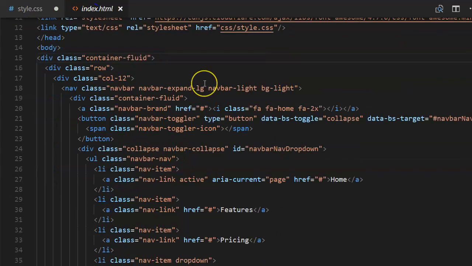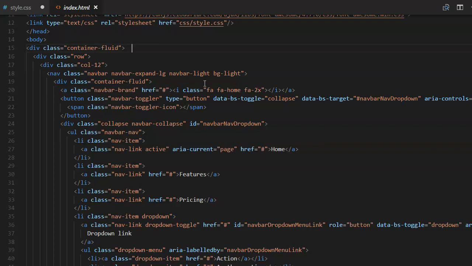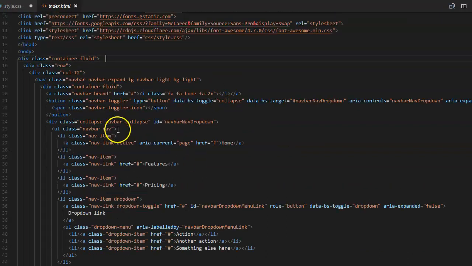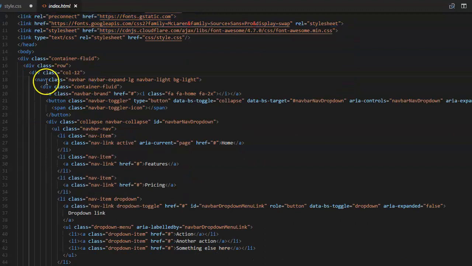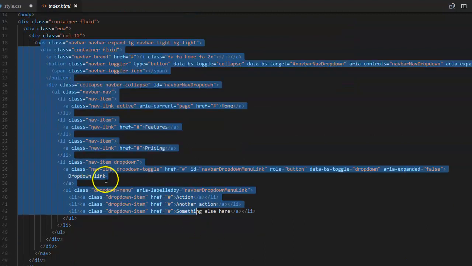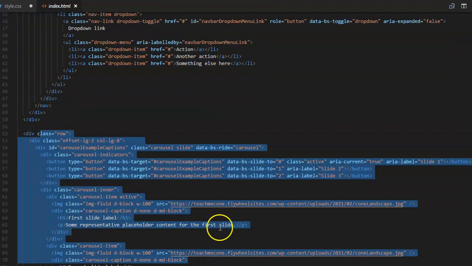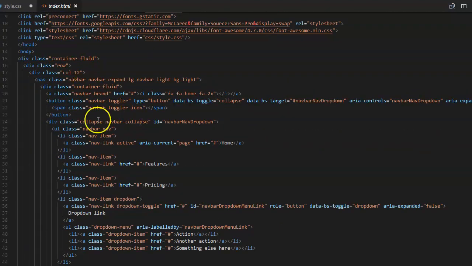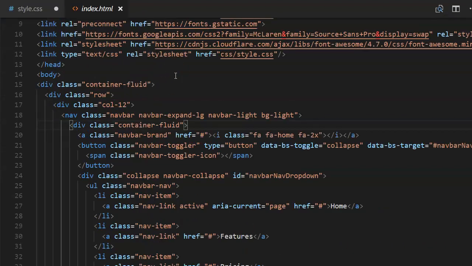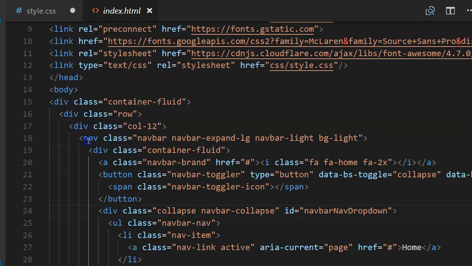Okay, so if I zoom out here, you can see, okay, we have our heading here, and then this part right here that says nav bar, this is my nav section, and then there's the carousel section. Okay, so I'm just going to work on this top section here. So first thing I want to do is I'm just going to zoom in here so you can see a little bit better. Is right where it says nav class navbar expand, and then you'll notice it has navbar light